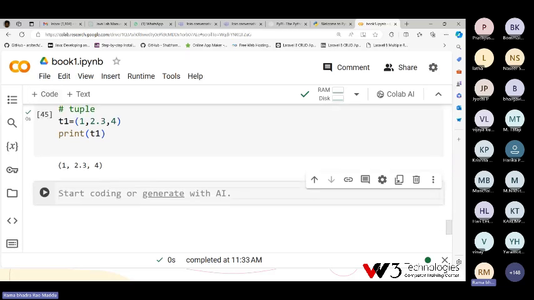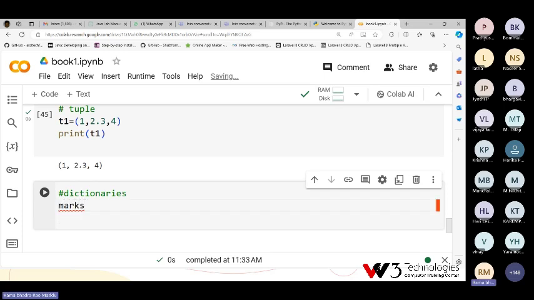And next we are going to discuss dictionary. I want to create a marks dictionary because everyone can easily connect to this. Like subject, maybe science, 23.